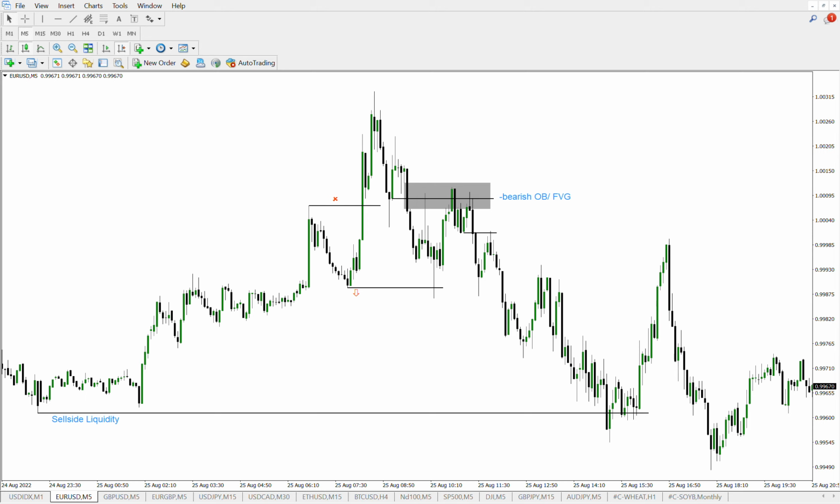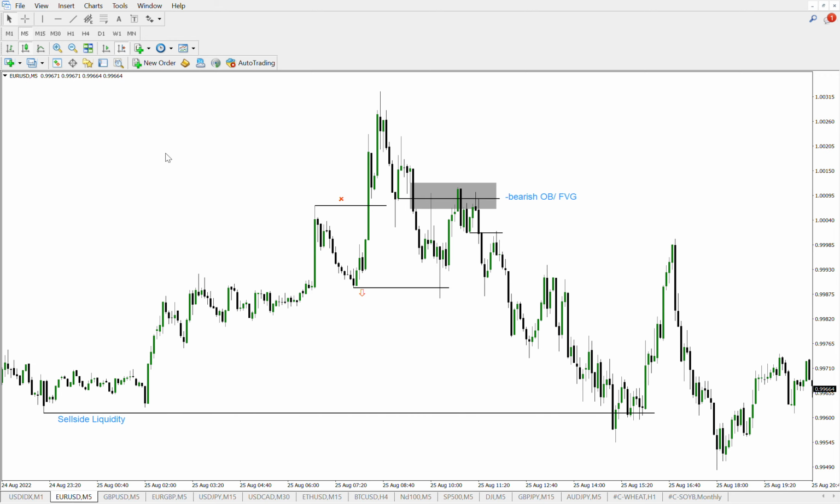So my first entry, like I said, was right in here. As price was expanding on this down close candle, this is where I got in. My first order. My second order, I got in at this fair value gap here. So as soon as price came back up into this fair value gap, I went short, and my stop was